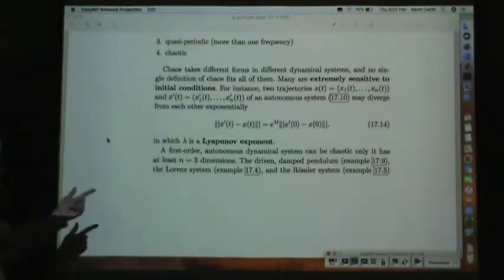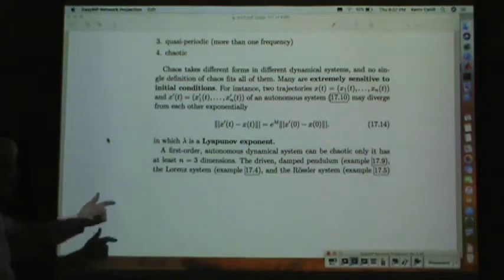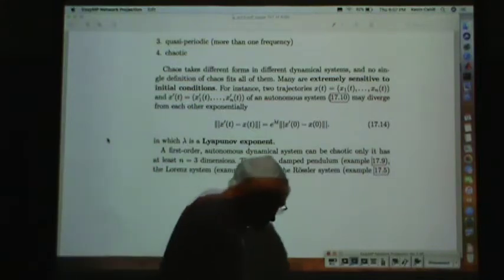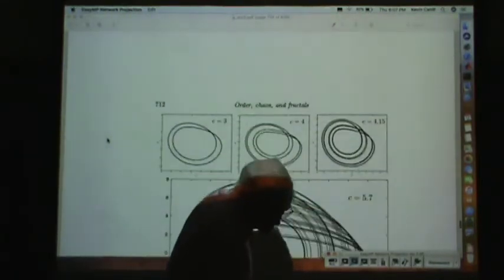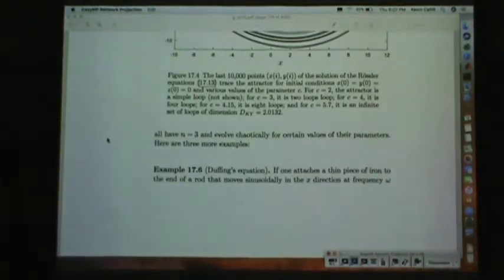And the driven damped pendulum, the Lorenz system, and the Rössler system all have n equals 3 and evolve chaotically with certain values of the parameters. Here are some more examples. Duffing's example, and